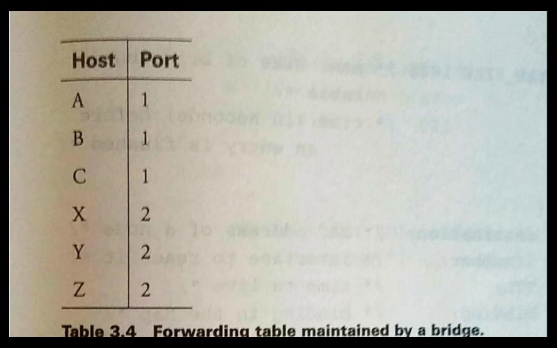It means there is a host called host A, and this host A is present on this side, so it is going to maintain it in the forwarding table as port 1. So gradually, whenever a packet is received, by seeing the source address it comes to know that there is a source called A, B or C, and on which particular port it was received. That information is going to be maintained in the forwarding table. In this way the bridge can build a table. When a bridge first boots, the table is empty, and entries are added over time.